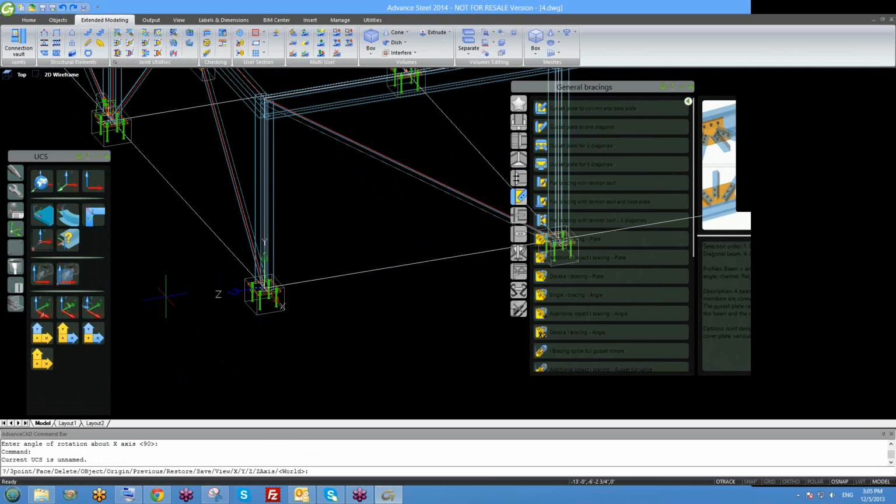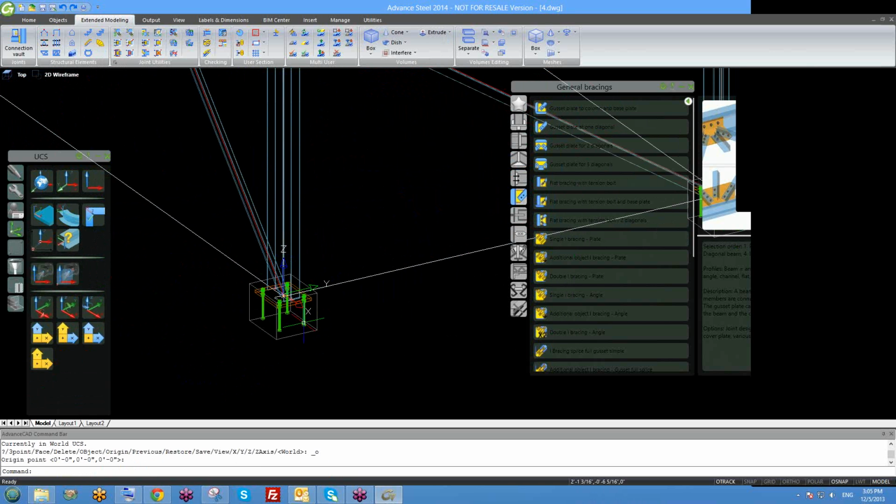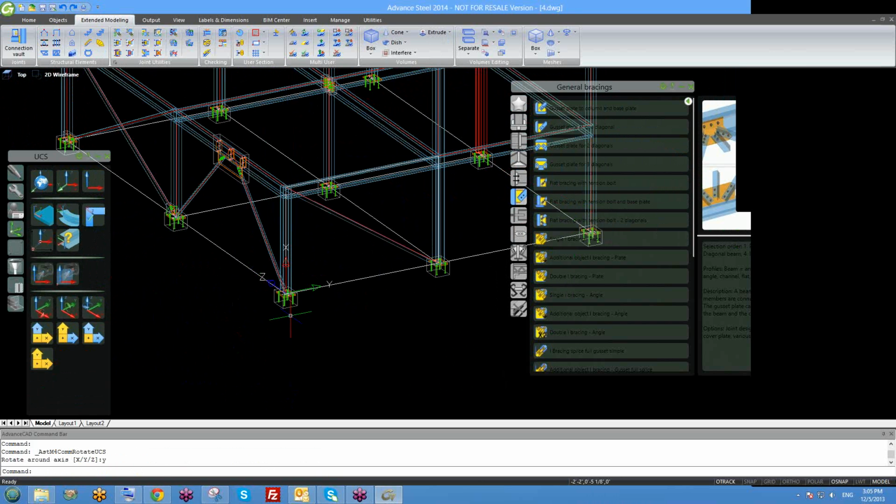Hold on a second. UCS. Well, my UCS right here, and I'm going to change it around Z. All right. Once more. And I'm going to use UCS around Y 90 degrees. Around Y 90 degrees. Right. All right. So if you have your UCS right,